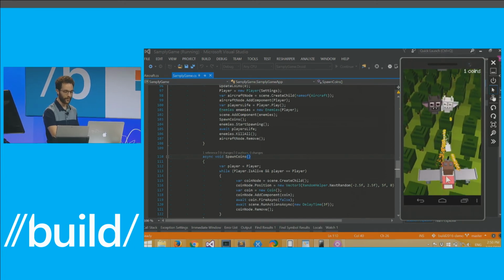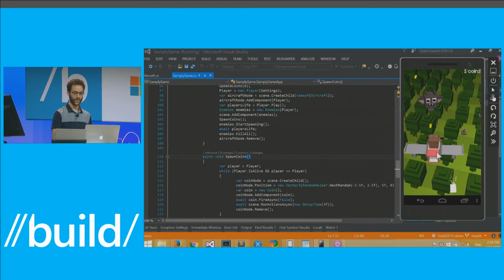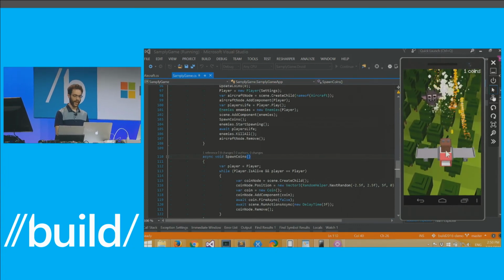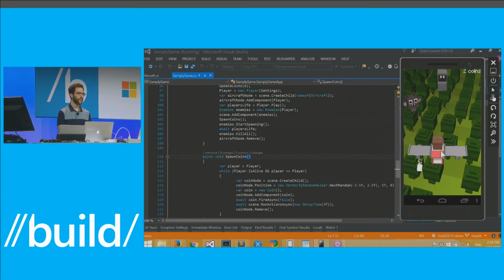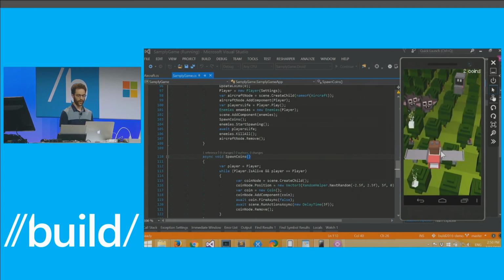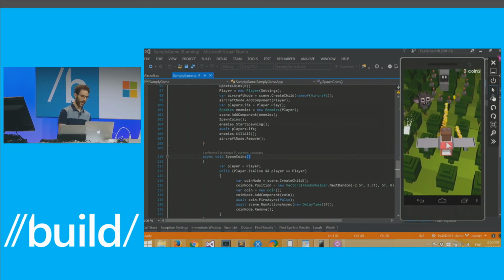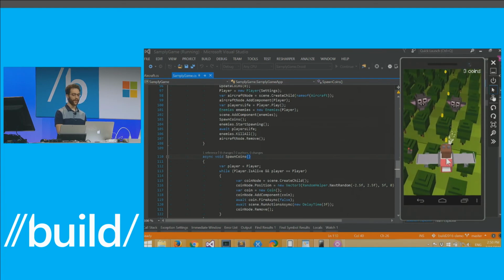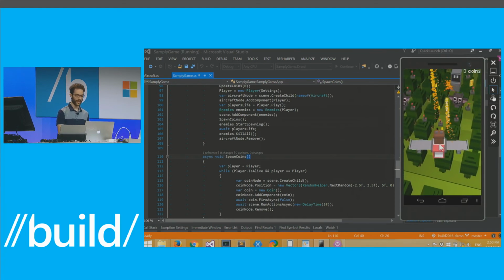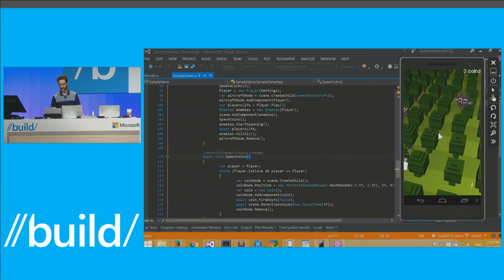It's 3D. You're flying around. You're shooting these bad guys. They're shooting back at you. And this is just a sample that comes with Urho Sharp. And this was my first time ever playing with it. And the problem that I have is that it doesn't take long for me to die. I seem to lose a lot.